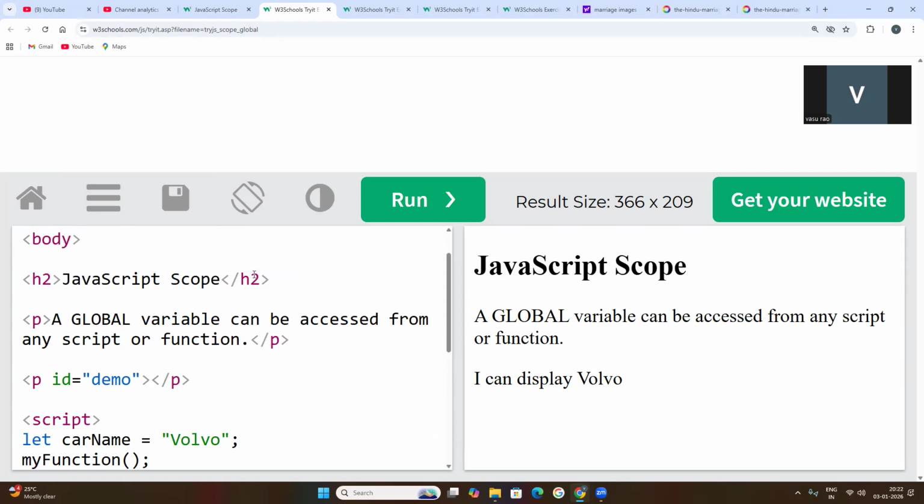Next is the paragraph section. Every paragraph element has one start tag and one end tag. Inside of this, whatever content we write will be displayed on the screen.